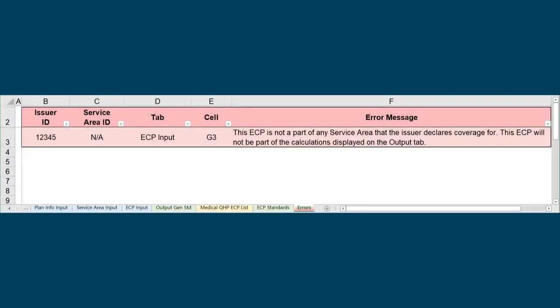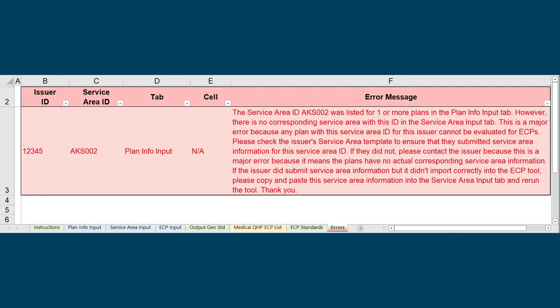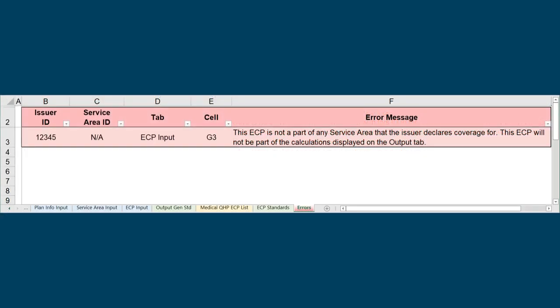If there are errors in your data, an Errors tab will display, indicating the issues that may result in required corrections during CMS's reviews. The errors highlighted in red are considered major errors and must be corrected for the evaluation to be completed correctly. Review these carefully and determine how to correct the data in the templates. Then review the rest of the identified errors not highlighted in red. These may or may not impact the overall results of the review, so please review each error carefully and determine if corrections are necessary.